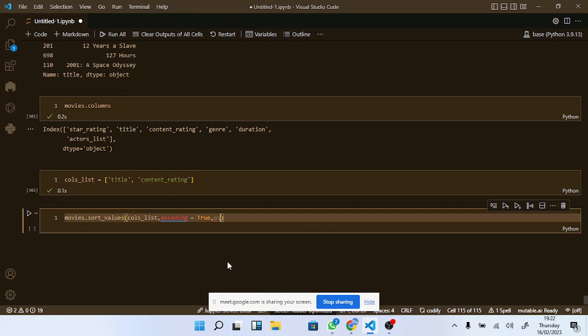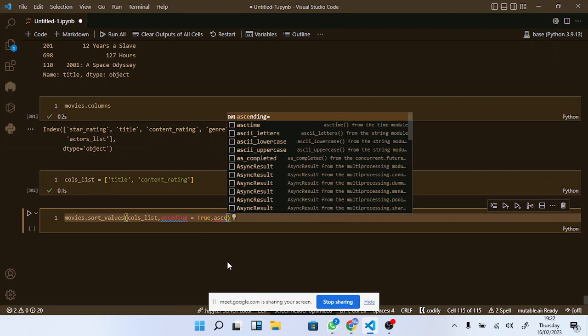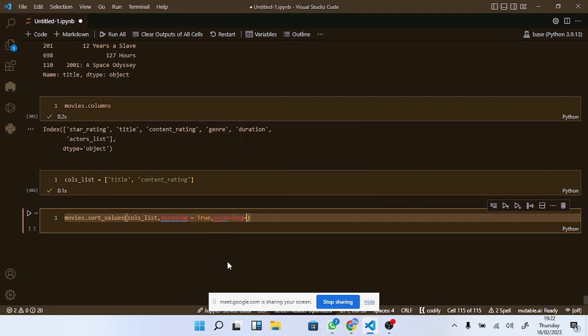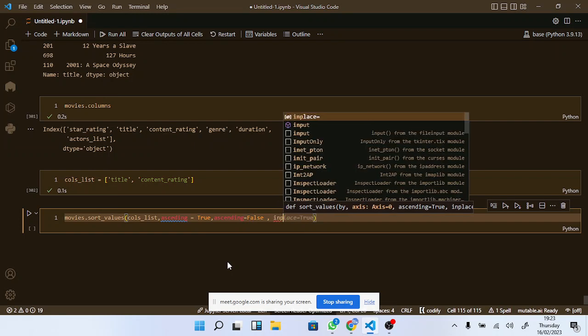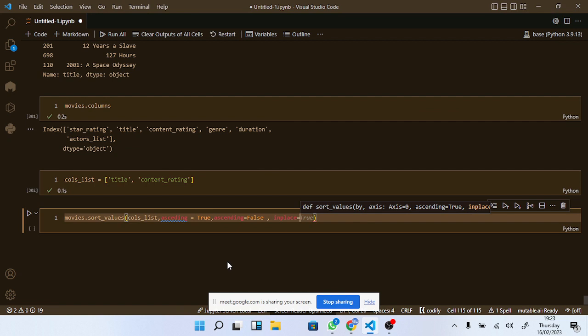So ascending equals false in this case, because we want to do descending, and then the inplace method. Yes. So if I run this one,